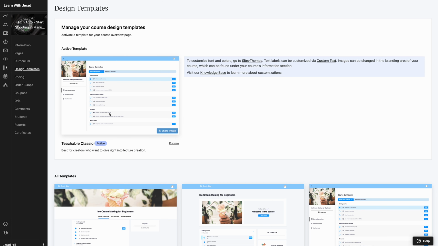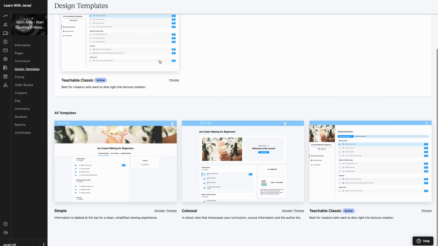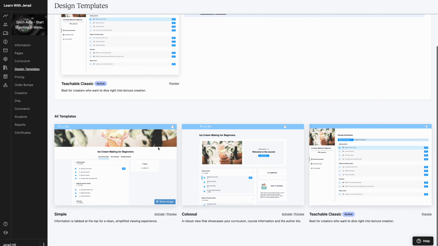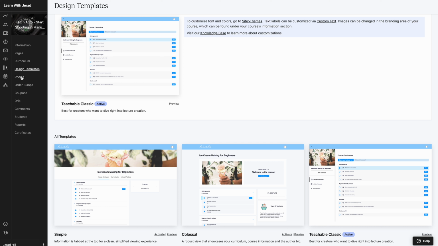There are some simple design templates that you can use. So there are a few different course design templates that you can choose from. Not many, but there are a few, so you don't have to go with the exact same thing. And you can change these on a per course basis. You can also